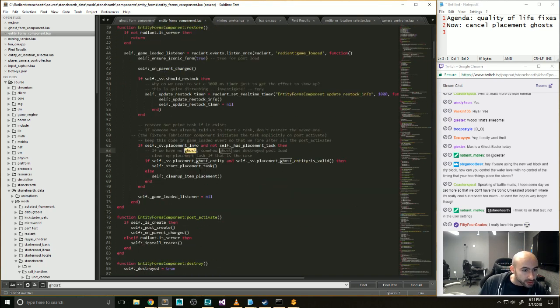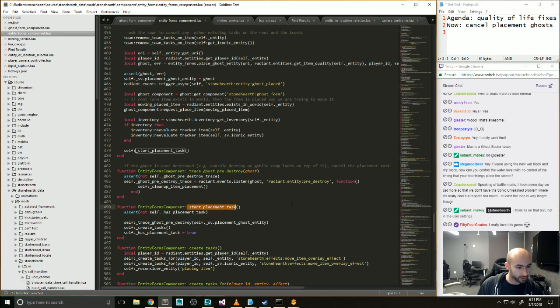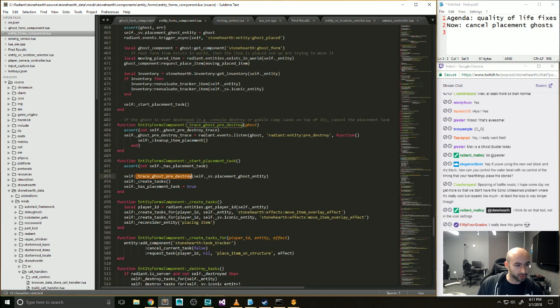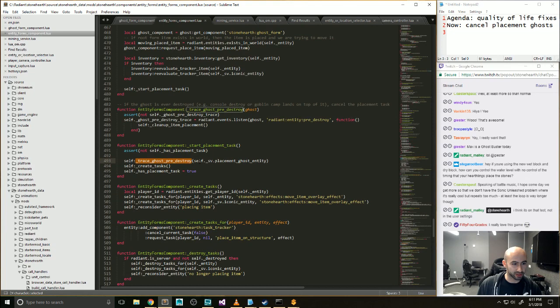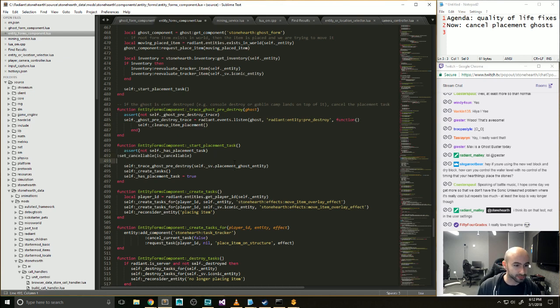Ghost. Start placement task. That seems reasonable. So we already do a trace on the ghost pre-destroy, which means, as this comment explains, if the ghost is destroyed, we cancel the task. So really what we need to do is just destroy the ghost when we want to cancel, which is very convenient. And we've got our entity here,